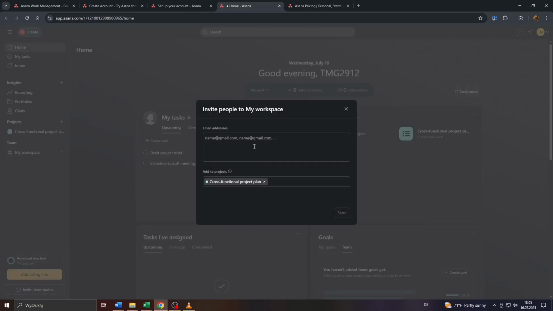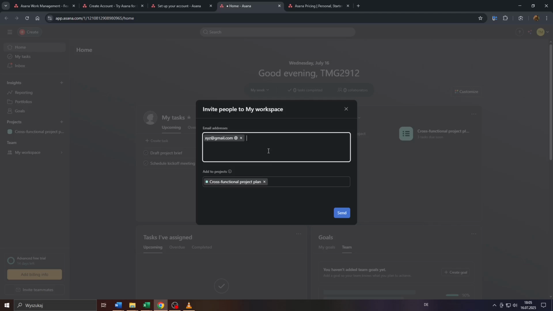So simply click on it, and after that enter the recipient's email address here, for example, to send an invitation to join your workspace here on Asana via email, so that your contact may accept or decline the invitation. And after that, your contact will be asked to create a new account on Asana if they haven't done that yet, or to log in with their already existing account, to accept your invitation and to be listed here amongst